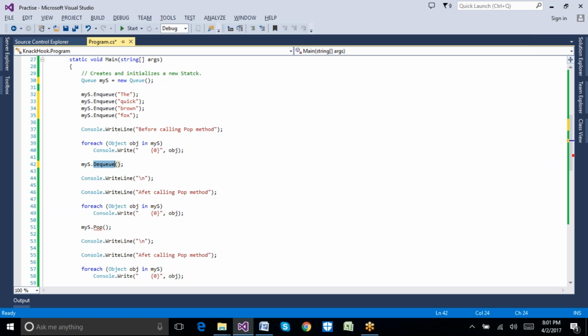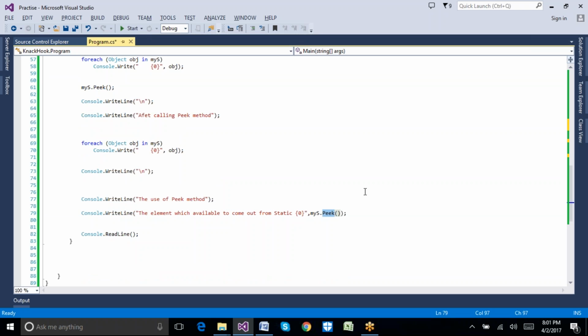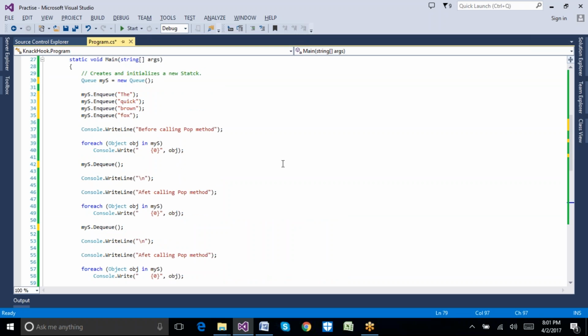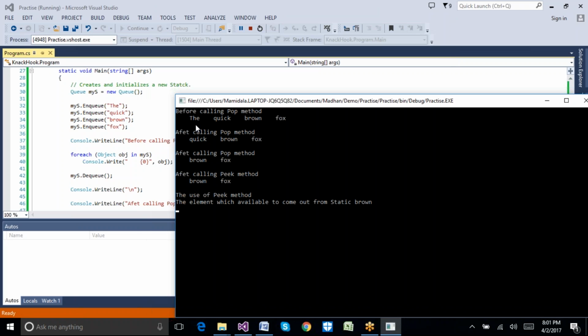The dequeue method is there, and here also, instead of pop we have dequeue, but we still have the peek method. Peek will be available for both the stack and the queue, so the functionality is different. If I try to execute this one, so we have the